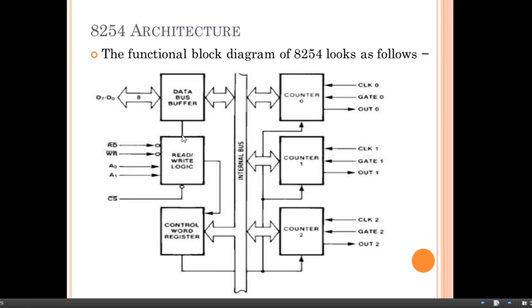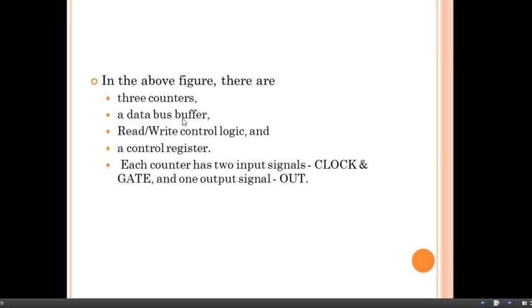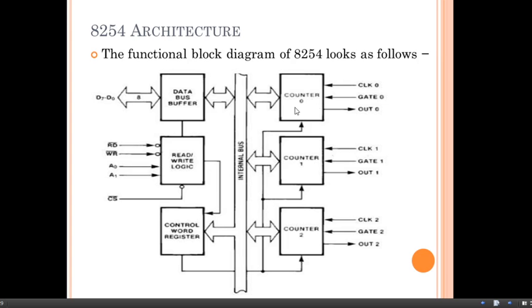Now we'll see in detail the functional blocks of the functional architecture of 8254. As we have seen here, 3 counters are there, a data bus buffer is there, read write control logic is present, and a control word register. These are the parts of the 8254 functional block diagram. Here each counter has 2 input signals, clock and gate, and 1 output signal, out. Here you can observe for this counter 2 input signals are there, clock 0 and gate 0, and 1 output signal